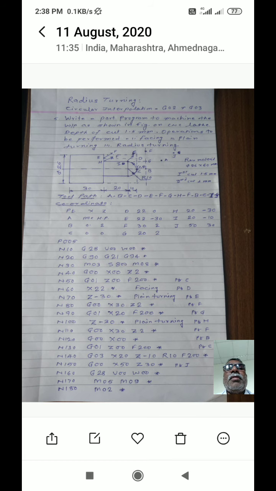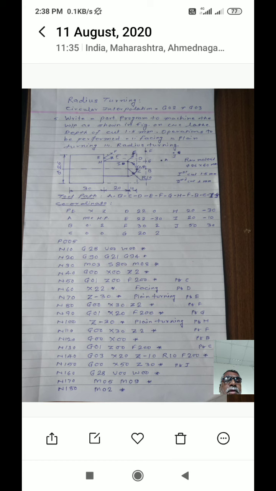Okay. Then to perform the plain turning operation, you have to move the tool from point D to E in linear interpolation function. That is, you have to use the code G01. Again, it is not necessary to mention G01 in block number 70.